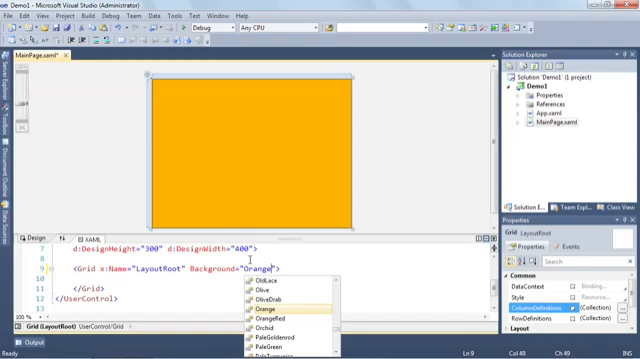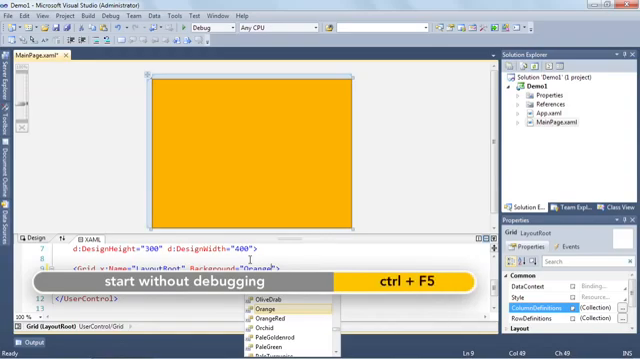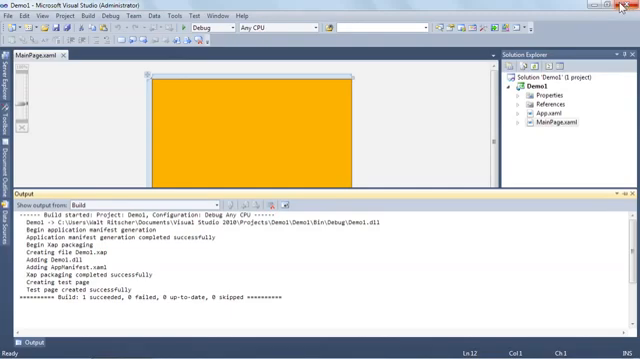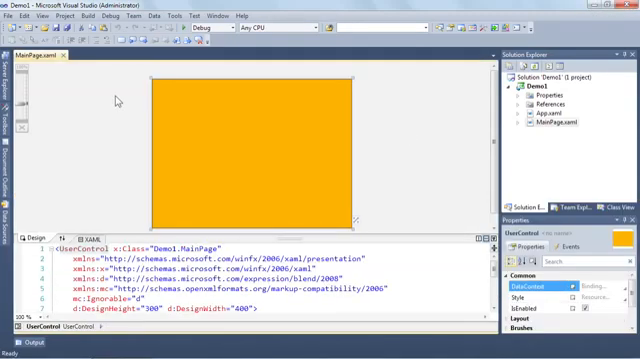To run the application, I can choose F5 or Control F5. Today, I'm going to choose Control F5. Visual Studio starts the default browser, which in my case is the Chrome browser, and it loads the test page, which in my case is called demo1 testpage.html. Let's edit the file. I'm going to close the browser, return back to Visual Studio, click on my mainpage.xaml editor,